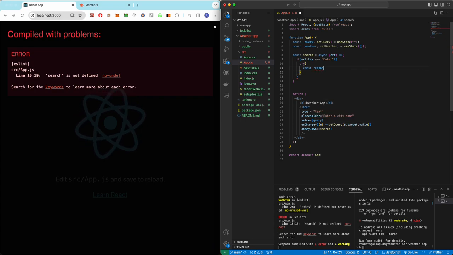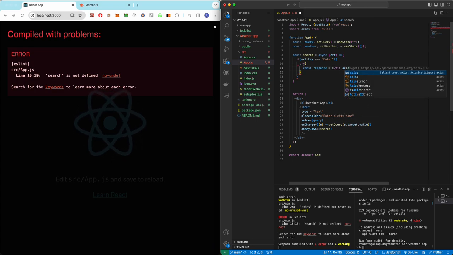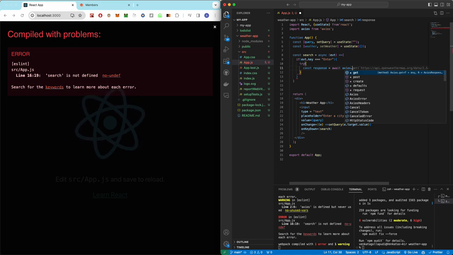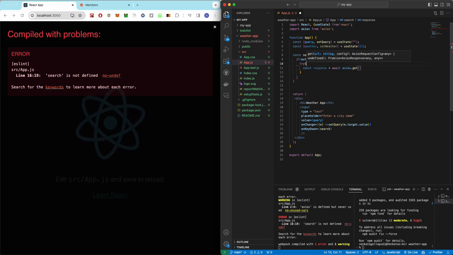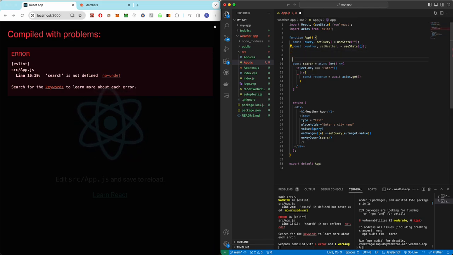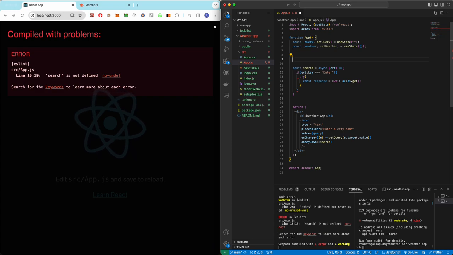const response equals await axios. For this, we are going to use axios.get. It's a get call that we're making. Oh, and before we do that, to simplify our API call, our request, we can define the base URL, the URL that we would be using as